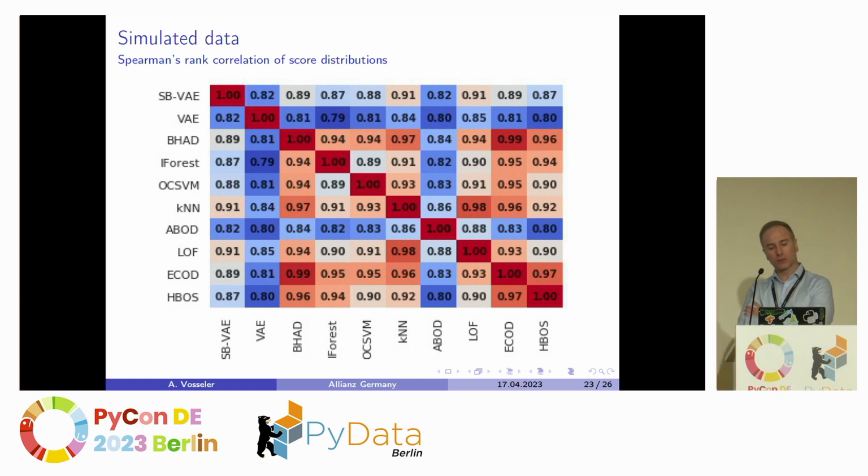Finally, we wanted to show how associated those different candidate models are. When you think of an ensemble, for example, you want to take an ensemble out of all these candidate models, and it's interesting to see how correlated the different candidates are, because if they were not correlated at all, then it doesn't make sense to use that as a proxy model. And you can see BHAD here in the third column from the left-hand side.